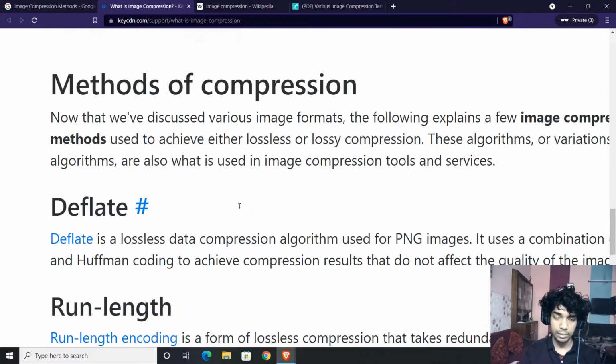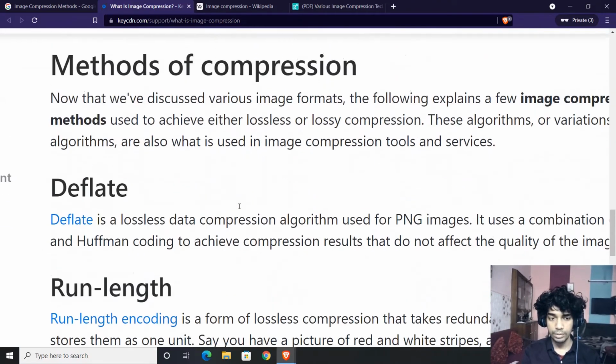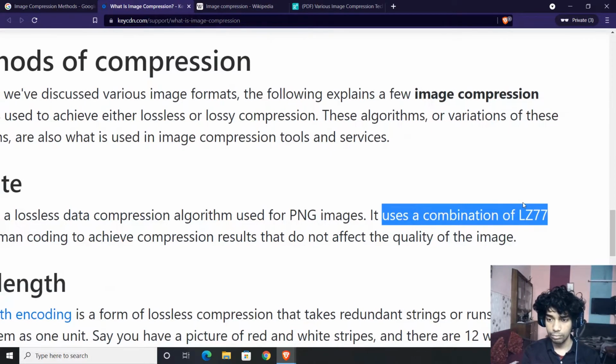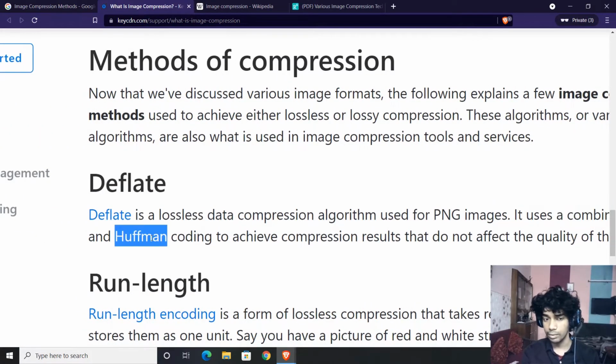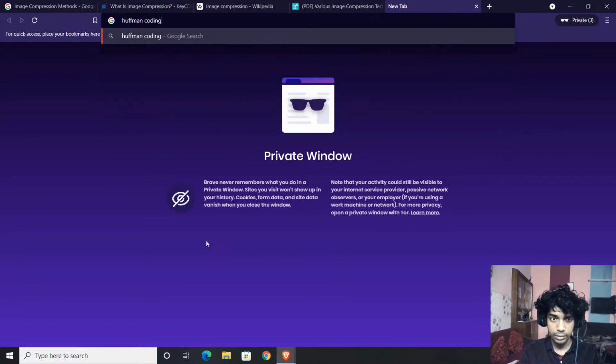So let's start with the compression thing. What are the various methods of compression? So one is deflate, run length, transform. A very superficial introduction. Deflate is a lossless data compression algorithm. It uses a combination of LZ77 and Huffman coding. What is Huffman coding? Huffman coding is kind of matching strings by strings and allotting values, 0 wherein it is different, 1 where it is same, and it is significantly used, I mean, it was significantly used